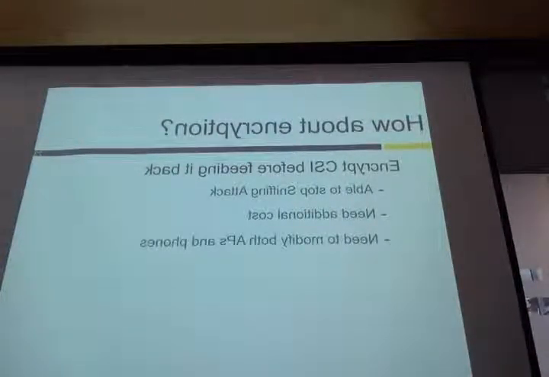The second reason is that for this encryption, you need to modify both the AP and the client side. Over the world, there are more than 7 million APs versus 8 billion phones. So that's significant, and you need to modify all of them at one time to ensure the CSI feedback is secure. Not only that, compatibility is an issue.